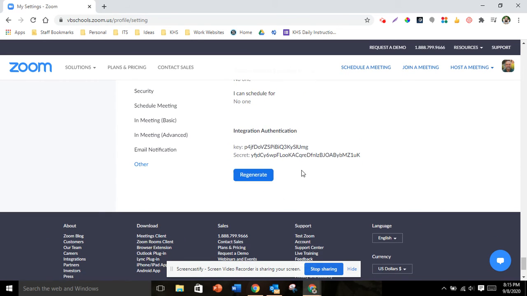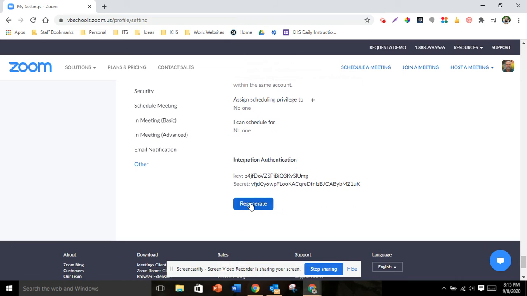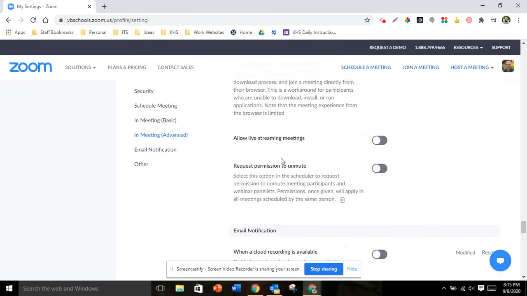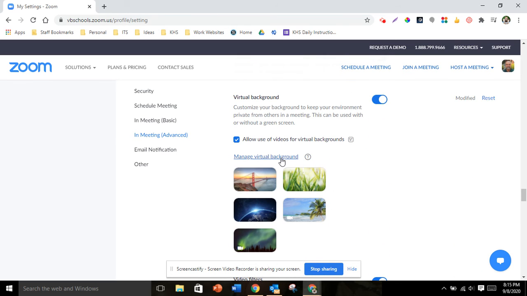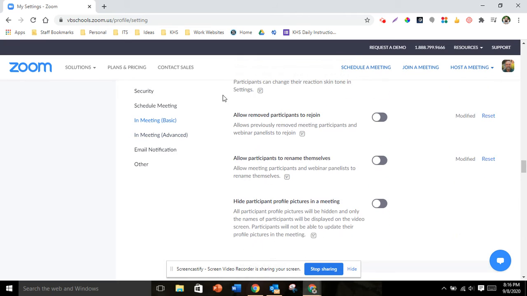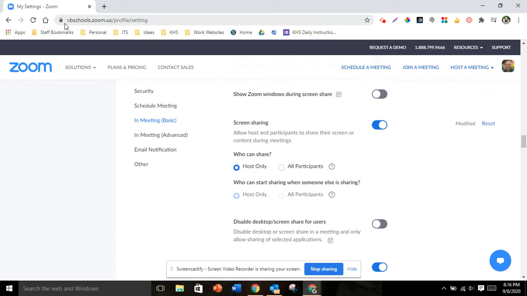And then what you would have to do is, once you have that, I can regenerate my meetings. But remember, once you change something, you can't be in a meeting, go and change something and think it's going to apply to that meeting. You have to get out and come back in, and then those things should apply. So that's all the things. So remember that you want